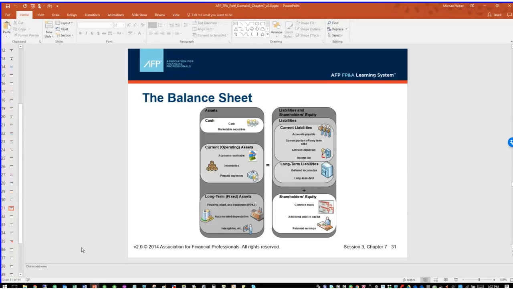And the assets are presented in the order of decreasing liquidity. So most liquid is your cash. That's at the top. Then come other current assets. Current means that they are assets that are expected to be used or converted to cash, or to provide benefit within one operating cycle. For most businesses, that's 1 year. There are some businesses that have operating cycles that are longer than 1 year.